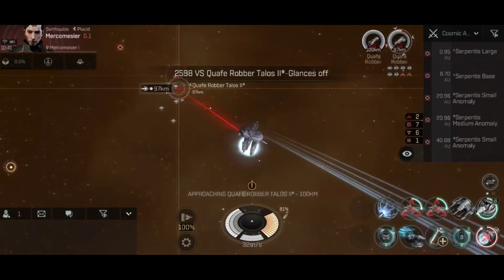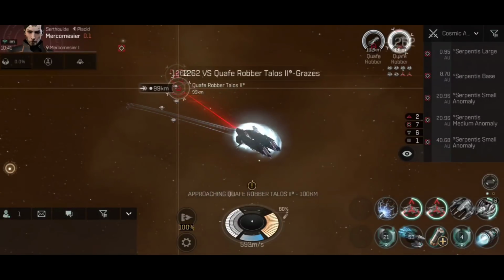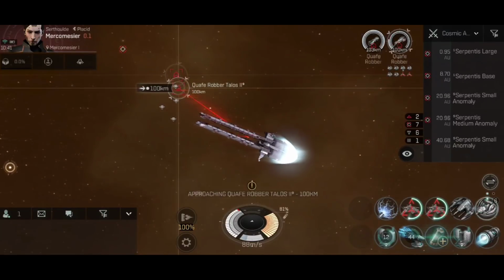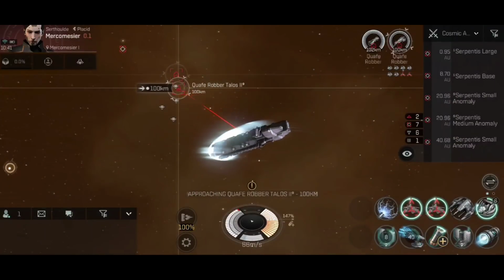And remember, capacitor stability as of the fitting screen is based on having everything running at once. This obviously is a kind of build where we don't have everything running at once. We only activate modules as we need them. In fact, let's put that battery on now just to shoot above the 100%